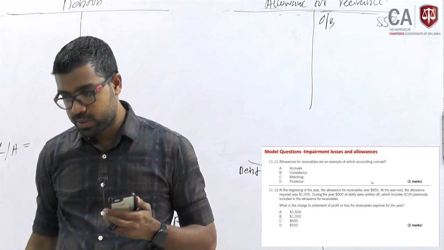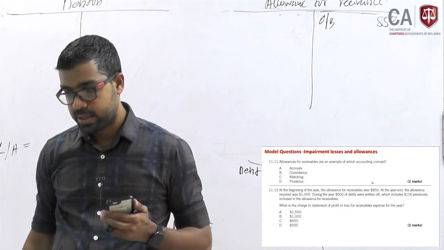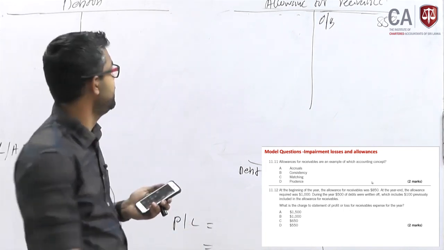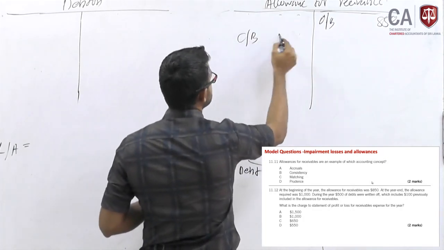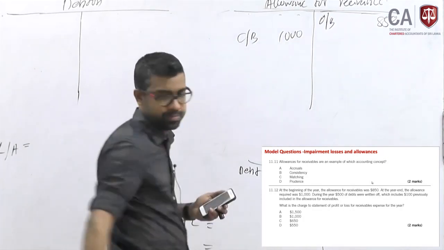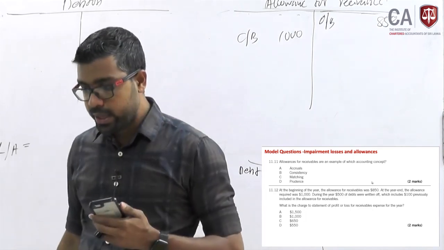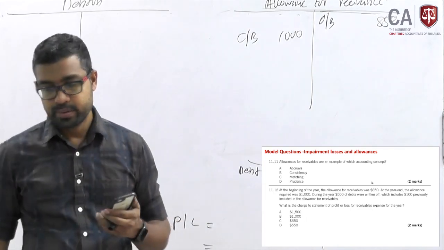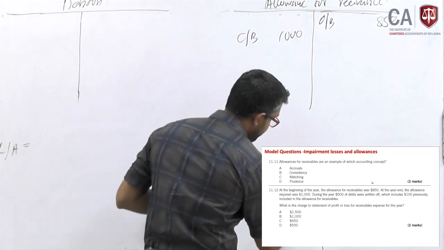At the end of the year allowance required 1000, closing balance 1000. During the year you have written off 500, impairment 500,